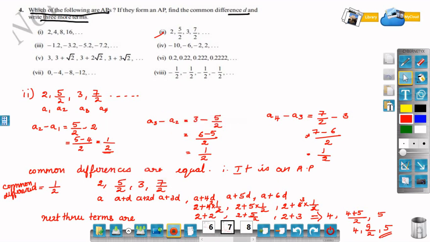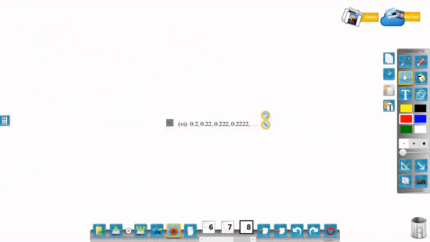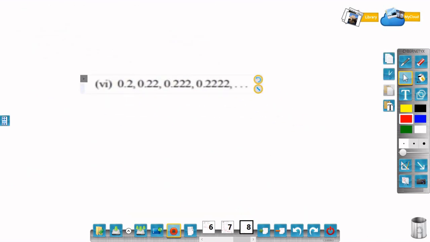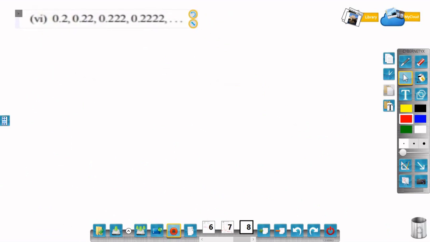Let us check whether it is an AP or not. 0.2, 0.22, 0.222, 0.2222. These are A1, A2, A3, A4. For that, find the common difference. That is A2 minus A1. 0.22 minus 0.2